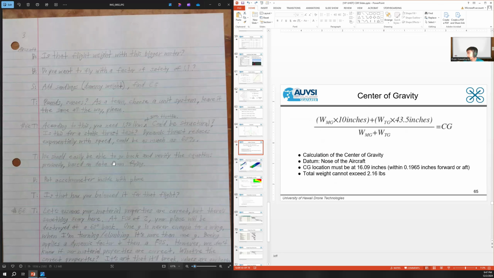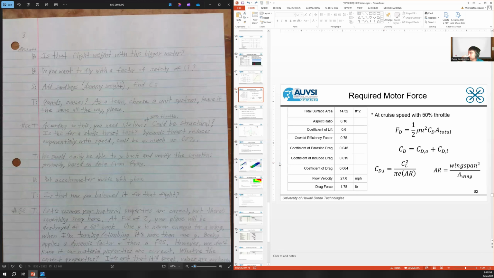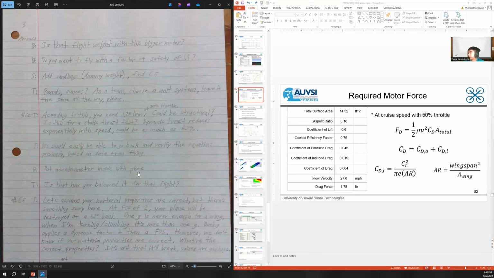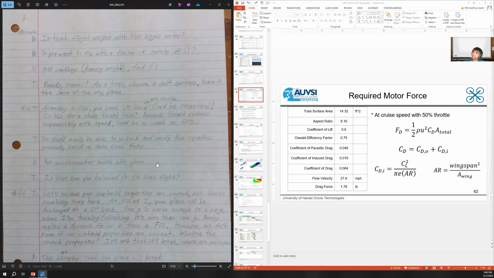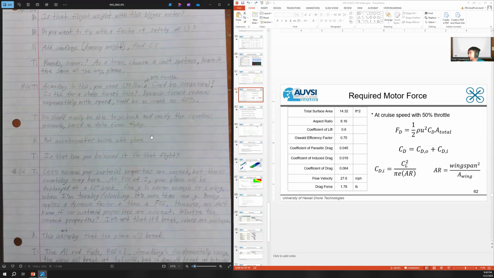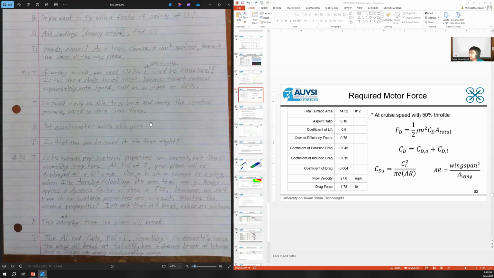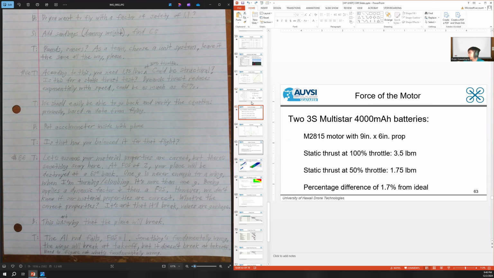And then we should be able to go back and verify the equations that we've shown here, if we have all this telemetry data, and that's important. We could put an accelerometer inside the plane, or inside with the phone. Yeah, we could do that. Although the drone does have accelerometers in the Pixhawk, so we can use that information. When we land, we can extract the telemetry data from a previous flight. Is that how you balanced it for that flight? I think